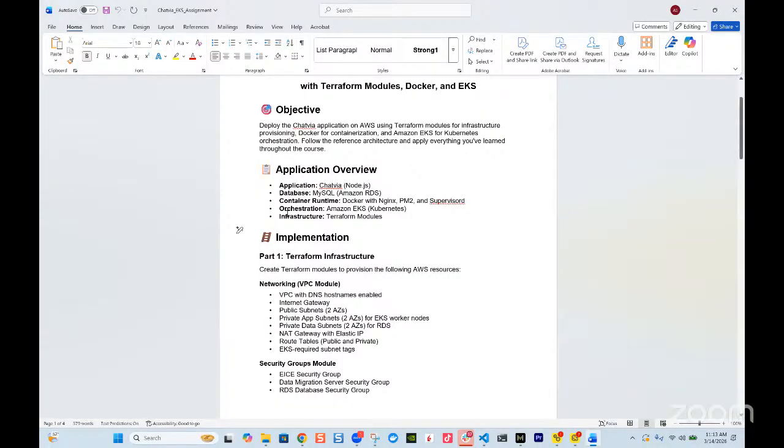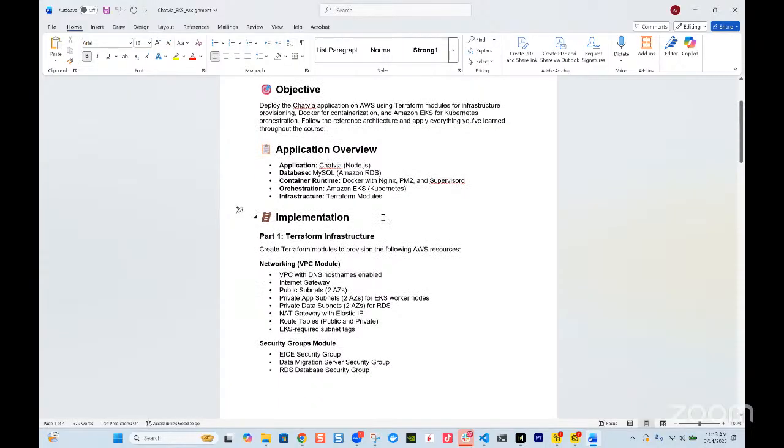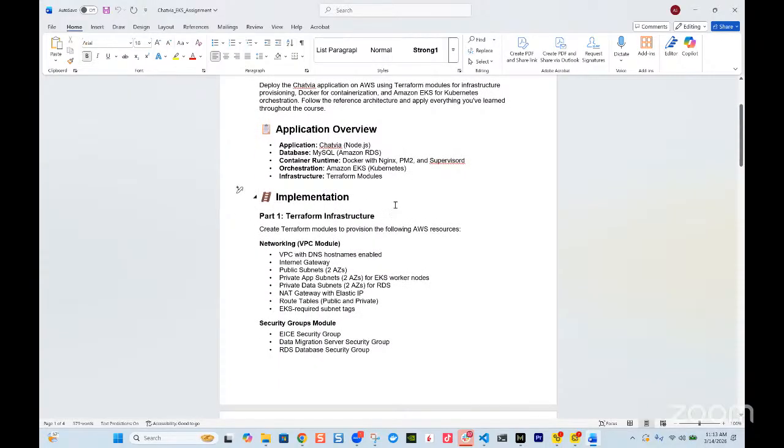You will have your database. Container runtime would be Docker, right? You write your Dockerfile to deploy the application, then you push it to ECR, then you deploy your application in EKS, and your infrastructure will be using Terraform modules.